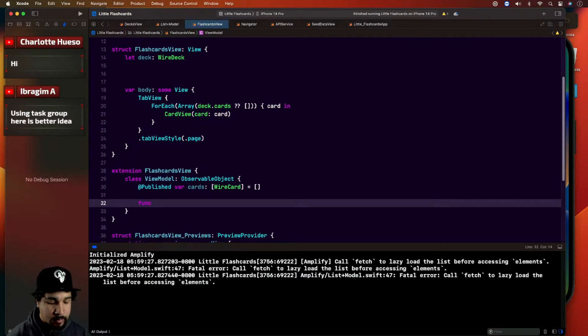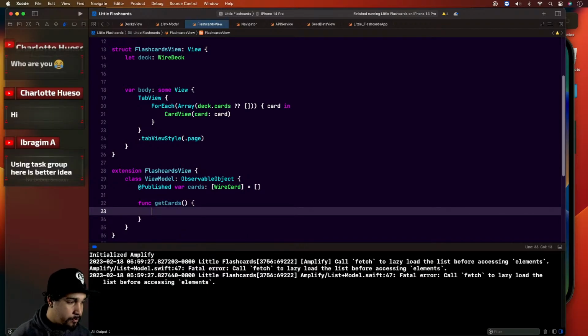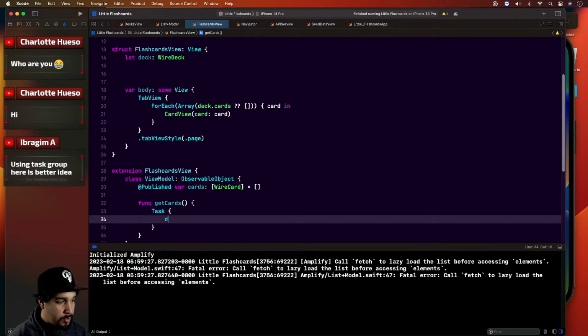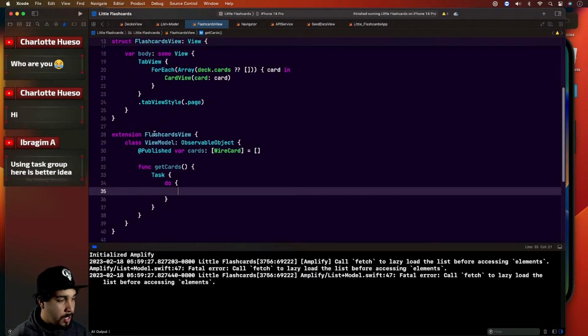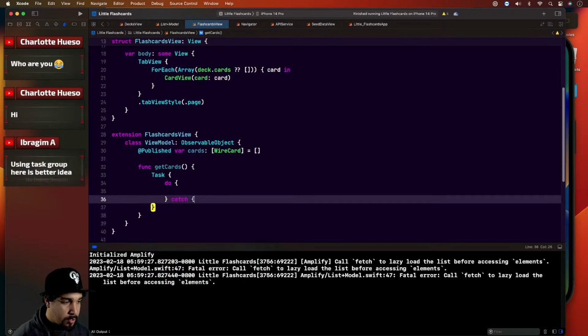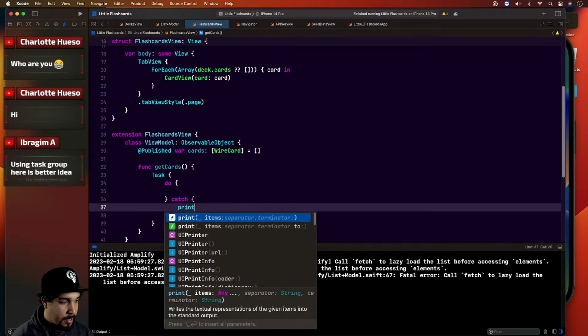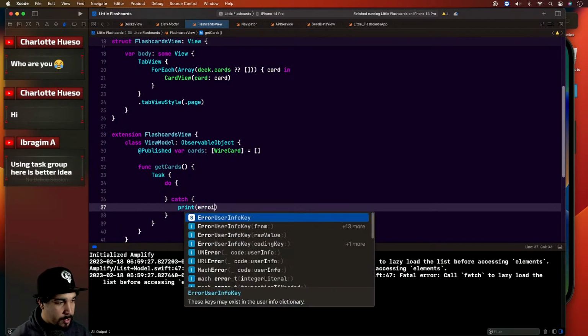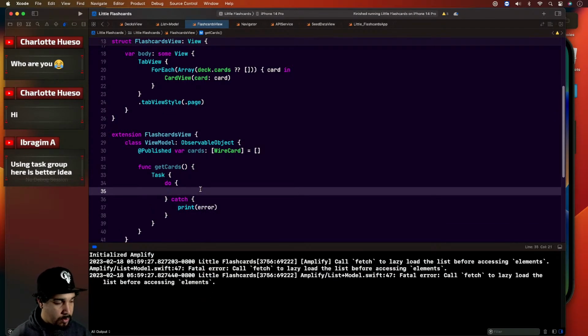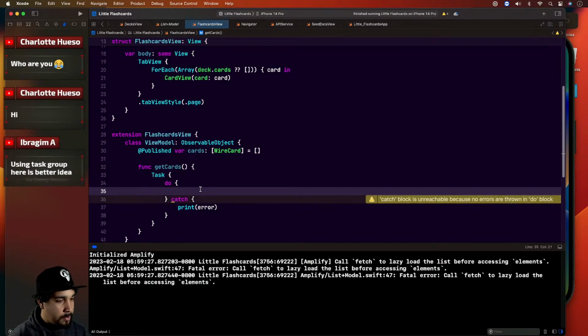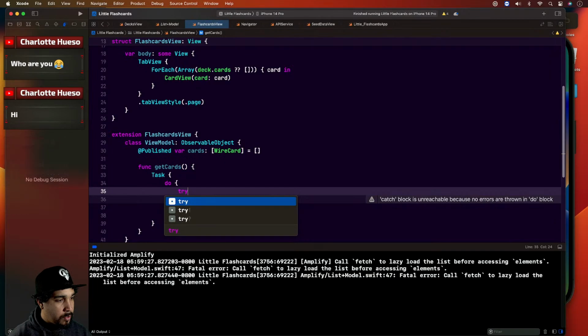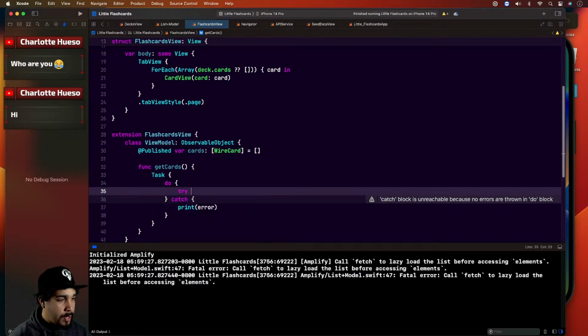Func get cards. Task, do, and catch the error for now. I'm gonna handle errors later. Okay, so then all we have to do is try await, but